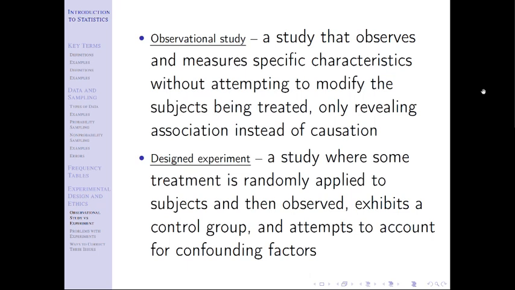An observational study just watches people and doesn't actually change anything. So we're not adding a treatment, we're not adding a control group. You say, why would you ever do that? Well, in some cases you can't do a design experiment. If you think about things like smoking, you would never take two groups of people and say you have to start smoking and you have to stop smoking. That's something that we would not do as a country. So anything to do with alcohol use, tobacco use, things like that, we typically treat as observational studies where we just say, you do whatever you're going to do because that's something that we don't want to force on you.